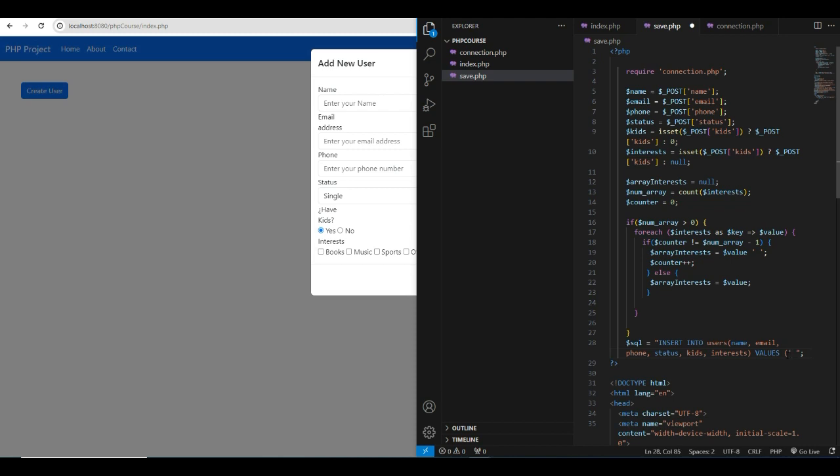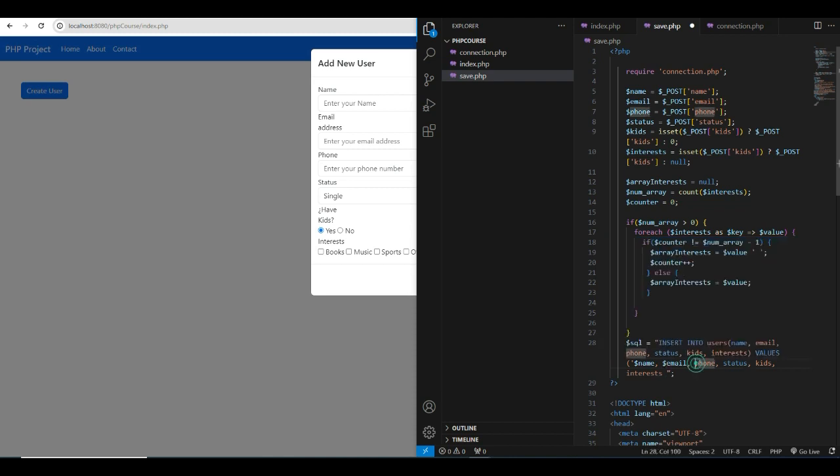So which value are we talking about? Well, the values we just defined here, all these values, name, email, phone, status, and kids, and interest, which we're gonna put on all these fields of the database. So basically you repeat the whole thing here. I would copy the whole thing and put it here. There you go. But now we're gonna say it's a variable, so it's an email